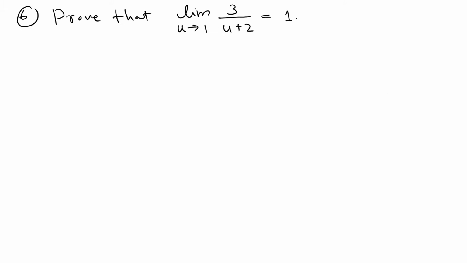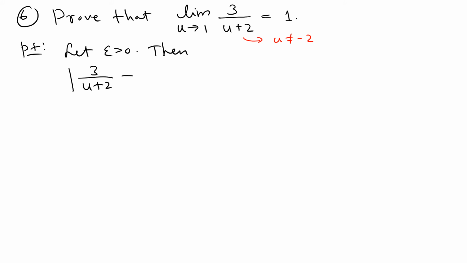As the next one, we have the limit as u goes to 1 of 3 over u plus 2 equals 1. You can see that this is a rational function, so you want to make sure that you do not include the value negative 2, because that value is going to give you something undefined. So let's see how it works. For the proof, let epsilon be positive. Then you can write this statement: 3 over u plus 2 minus 1, that's the difference between the function and the limit, less than epsilon if and only if